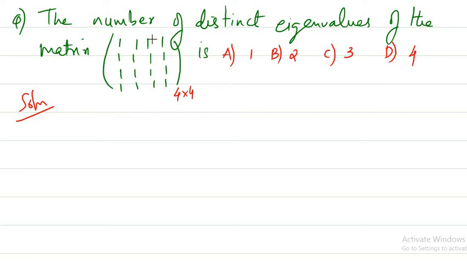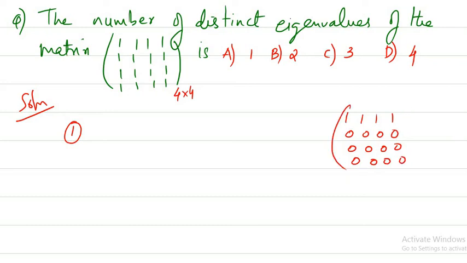Because if you see this particular matrix, it's a good question. The rank of this particular matrix is what? It is 1, right? The rank is 1 because you just apply row transformations R2 as R2 minus R1, R3 as R3 minus R1, and R4 as R4 minus R1. It becomes a matrix where all entries are 0. So we have made the matrix into row echelon form and the number of non-zero rows is 1. So rank is 1, right?